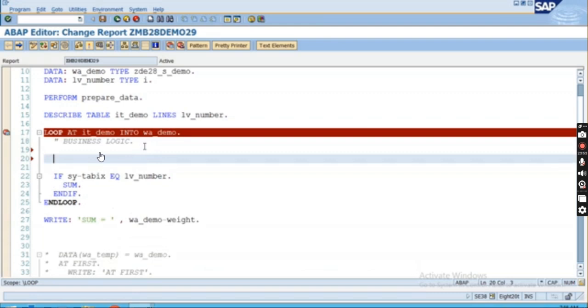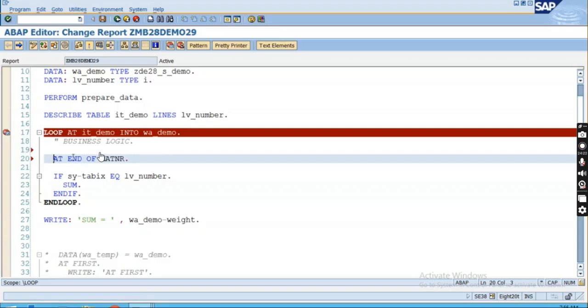Under the control called AT NEW, AT END OF matnr. AT NEW or ON CHANGE OF will not work over here, meaning it will not give you the correct result, because their functionality is for each new material. For each new material it will just add it up. So whatever there will be in the control, all the weight will not be the same as per our